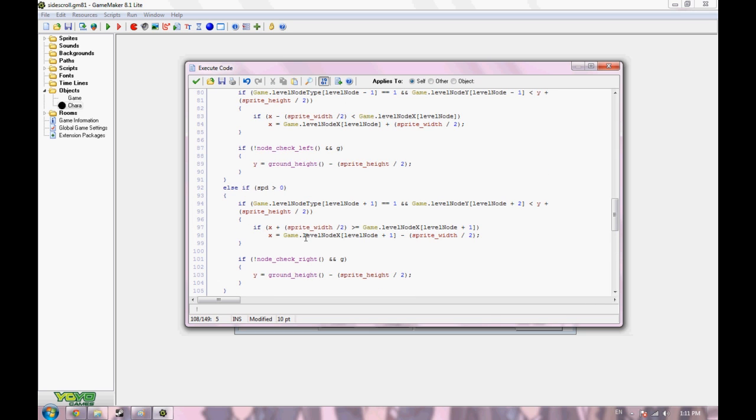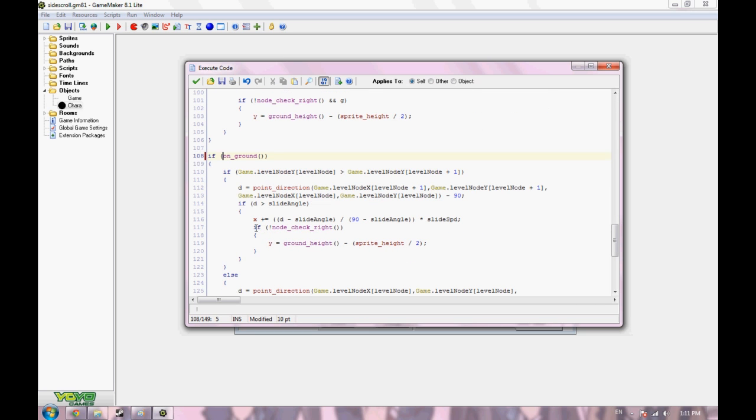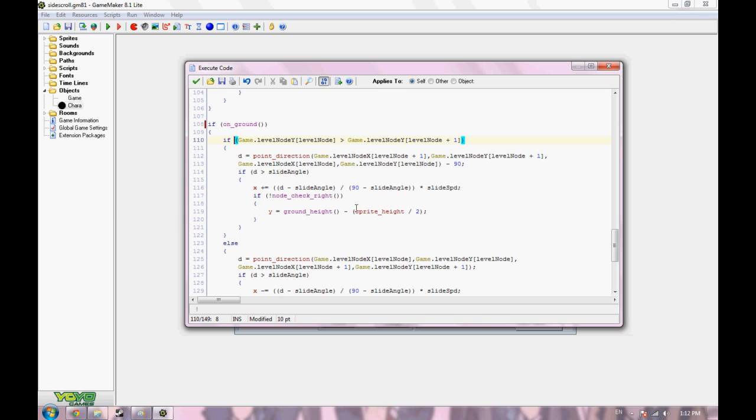Okay, your guy is on the ground. We know that much, because that's kind of important to this part of the code. It has to actually happen on the ground. And then the Y of this guy is bigger, and this is the case for that. Yeah, that node, the very first node, the Y is bigger for the guy on the left as opposed to the right. So what it's going to do is get the direction from this node to this node,